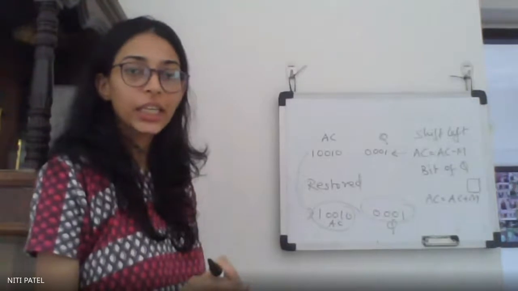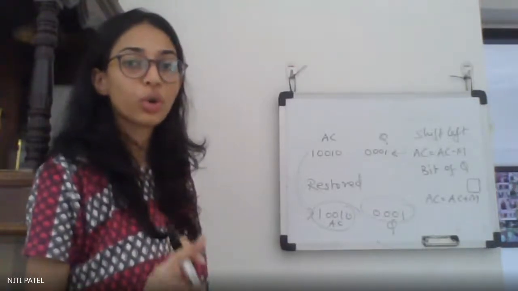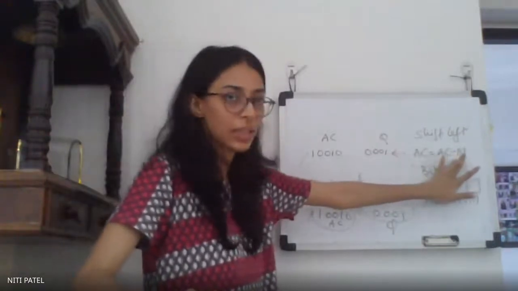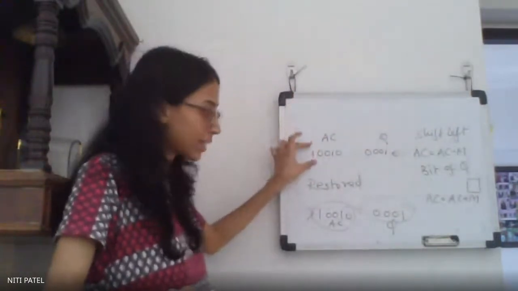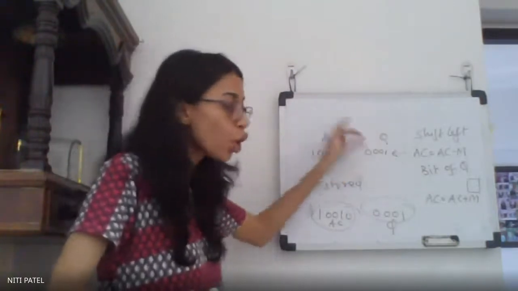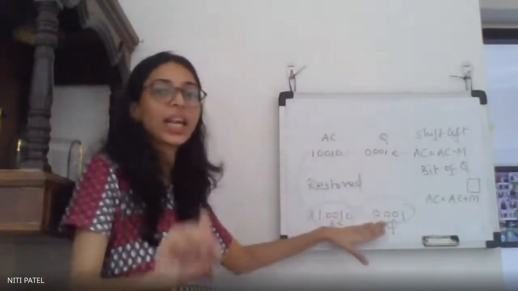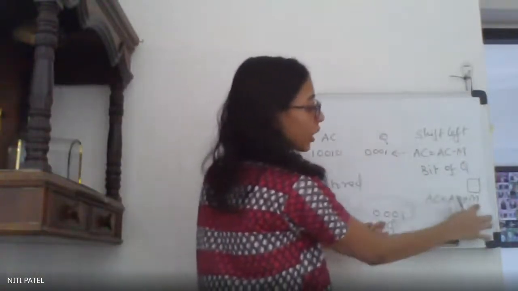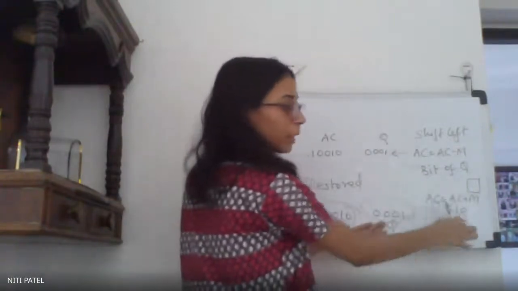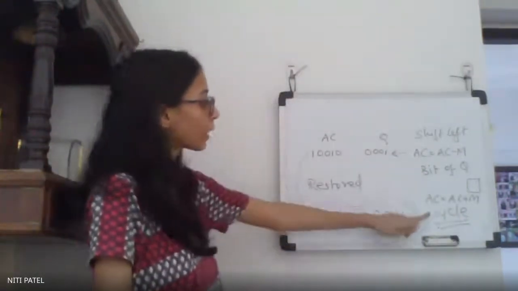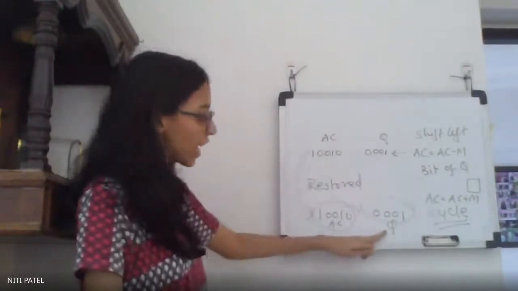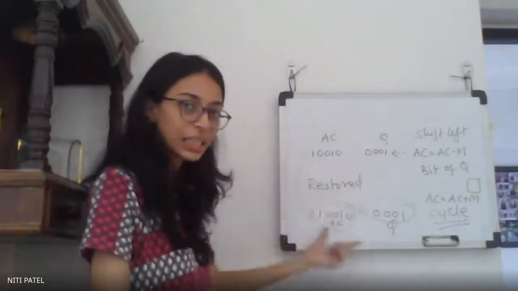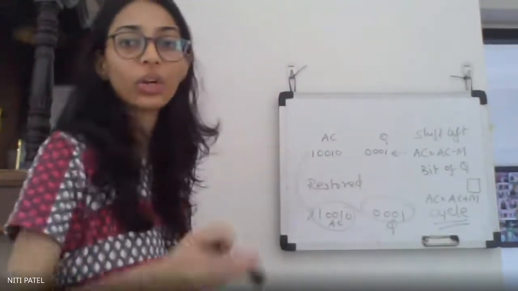I repeat again. Why is the name of this algorithm restoring? Because after I complete my operation AC = AC - M, whatever contents I get in AC and in Q, both contents are restored after I complete my cycle. Either you say after I complete AC = AC + M, or after I complete my cycle. Whenever after completing the cycle the values are the same, I call it restored, as the values of AC and Q are restored as they were. Therefore, the name is restoring algorithm.